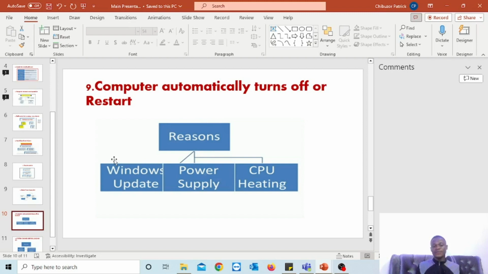Also, look out for Windows updates. Ensure you update your Windows regularly. I believe you can also use the recommended one, which is for you to update your Windows. So ensure you update your Windows optimally. Look out for your power supply and look out for your CPU fan if it is working optimally. If it's working below par, your CPU will be overheated, and this could lead to your computer automatically turning off